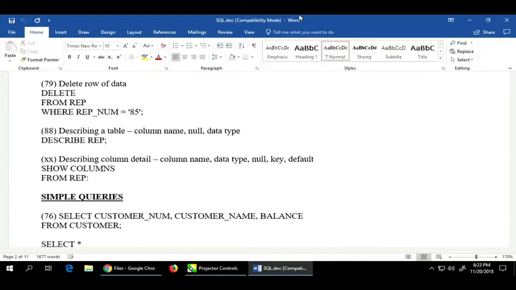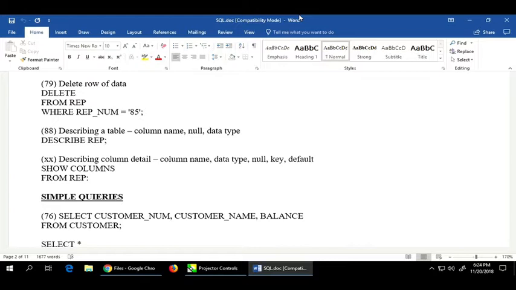Okay. Now, this doesn't necessarily give you all of the details, right? So, for example, in rep, it's going to say, here's the columns. And you go, okay. But if I want to know all of the constraints and things like that, I would use, for example, a show columns command, and that's going to go out and say, show me all of the detail in the catalog about the columns that are associated with the